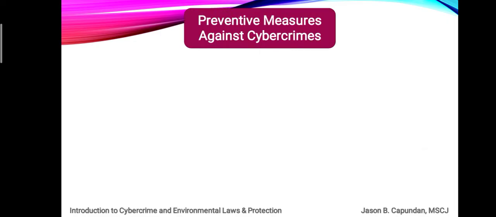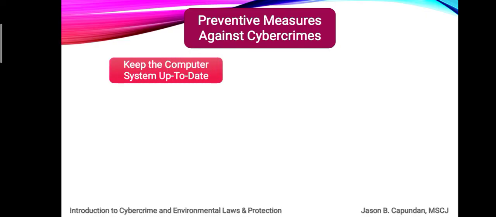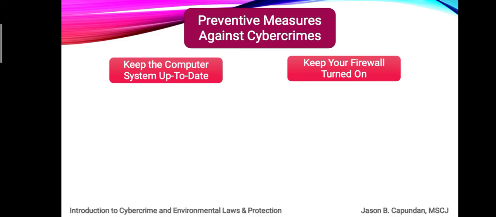So how do we prevent cyber crimes, or how do we prevent from being a victim of cyber crimes? So first, of course, keep the computer system up to date, as criminals will frequently and anonymously use software flaws to attack computer systems. So most Windows-based systems can be configured to download software patches and updates automatically. So by doing this, they will monitor all online activity with the intent to protect the system from viruses and other malicious programs.